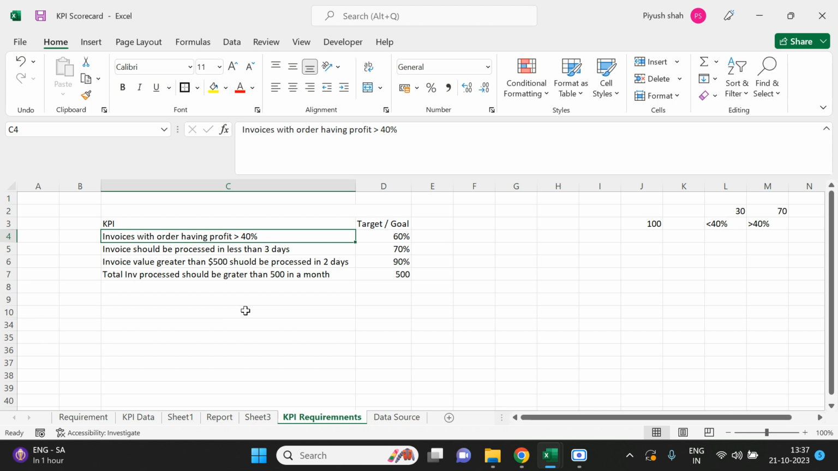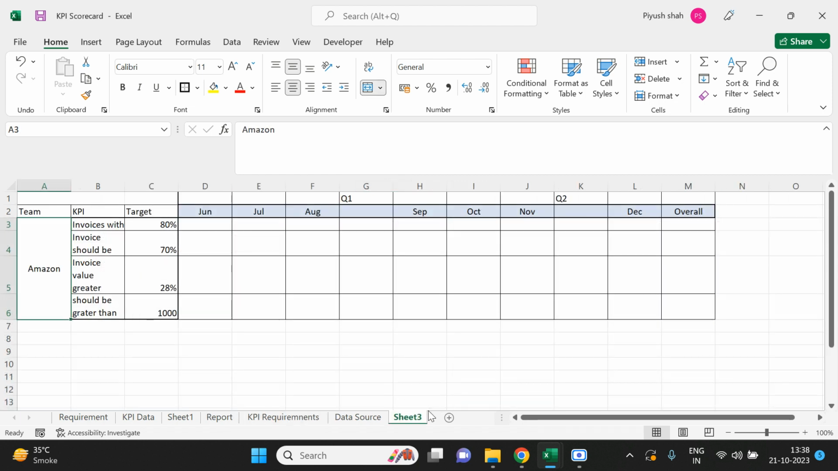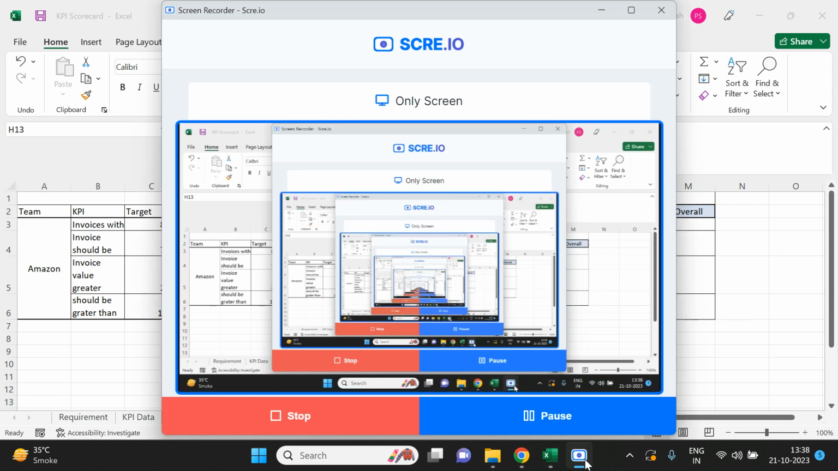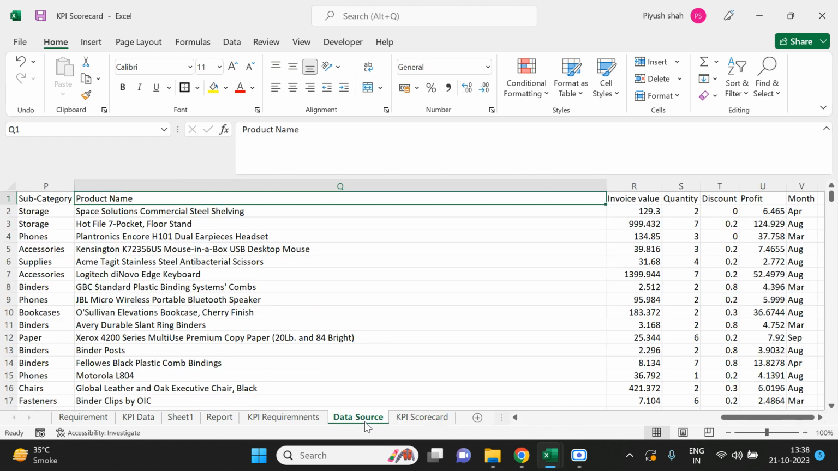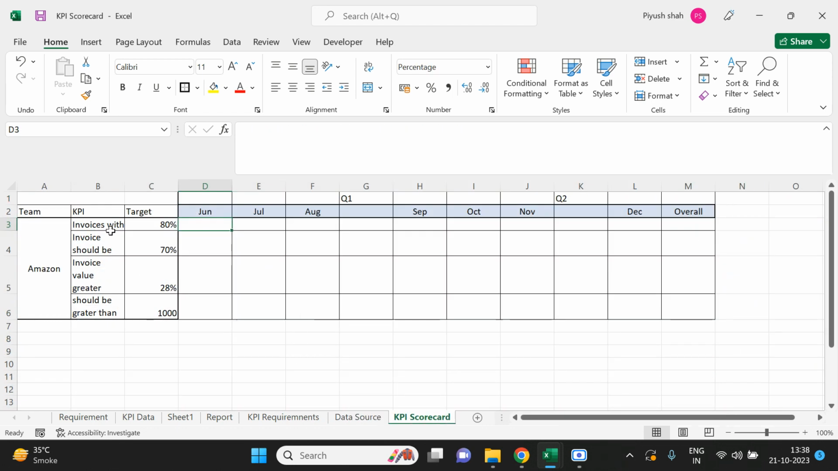Let's start with simple, and once you get well versed with this scenario, once you practice this scenario, it should be easy to manage complex use cases. Okay, I'll do it for Amazon. Now let's take it here. This I'll rename as KPI scorecard. Okay, recording is on now. All right, let's do the working for my first KPI,